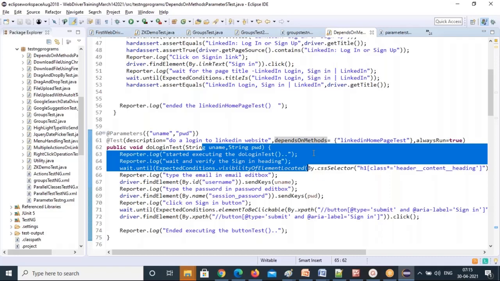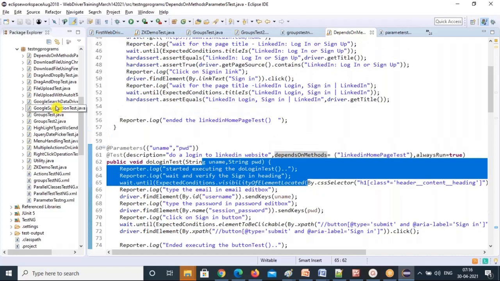And priority just sets the priority, but you cannot control it: if the above test case fails, the second test case is not going to skip. It will still execute and report a failure. If all the conditions are not satisfied, it will still execute. Execution will continue for all the test cases, but dependsOnMethods is not like that. It will skip automatically if the conditions are not met and the depended-on method does not finish successfully. Okay, so that's the difference between dependsOnMethods and priority.